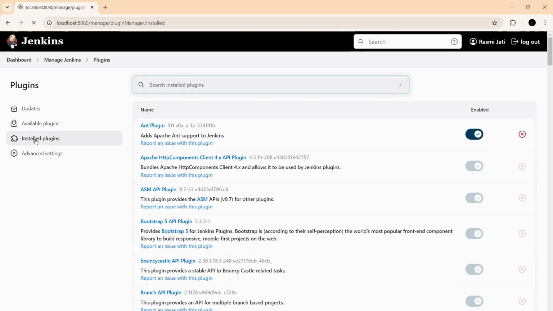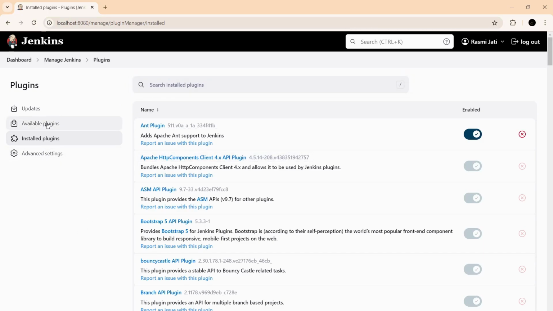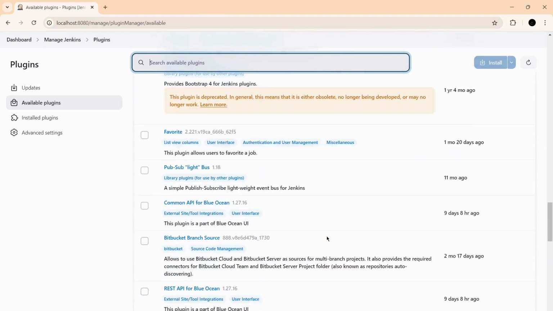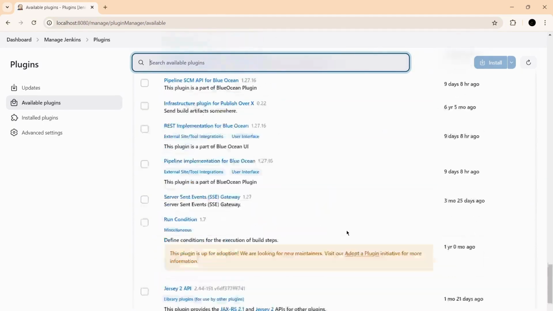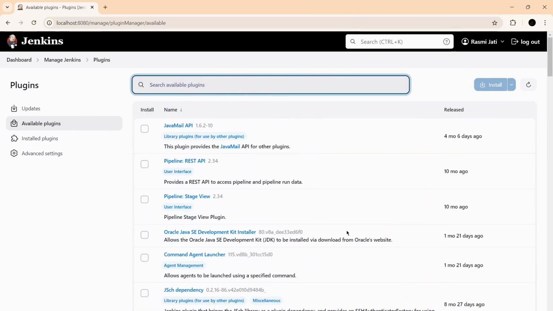Here you have installed plugins. These are the plugins that are already installed. And here you have available plugins. This available plugins page lists all the plugins that are available for installation. And this list can be pretty long. You can see that it is pretty long. Yeah, it is very long, so you have to make sure to search for the specific plugin that we would like